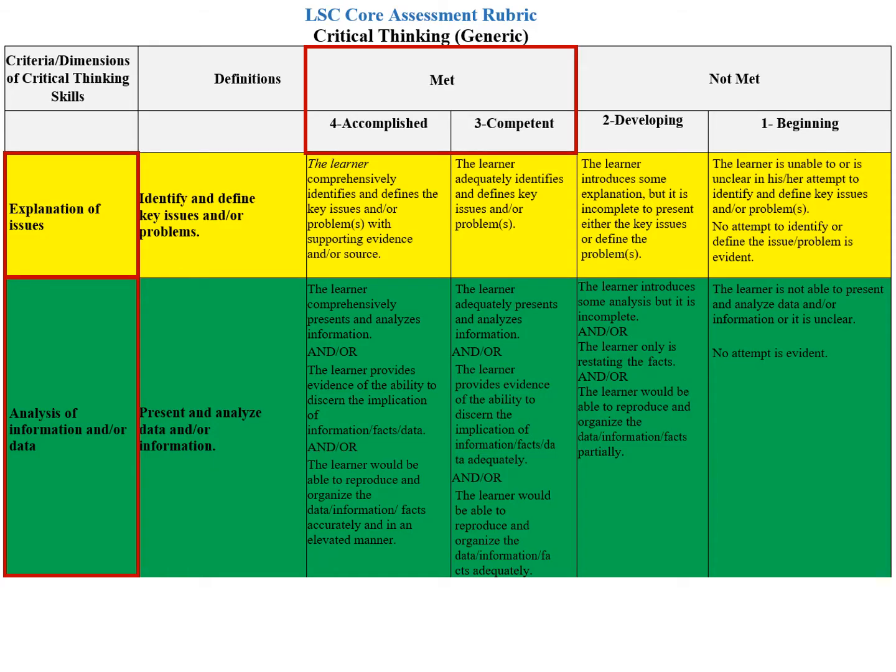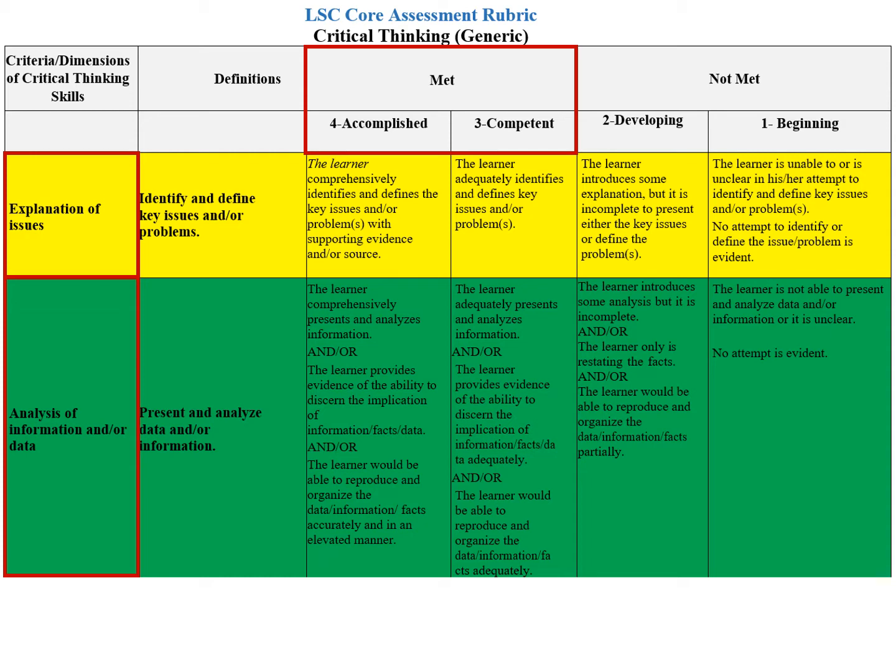This is page 1 of the core assessment rubric. Notice that it's color-coded to match the sections of your assignment. You will be graded on a 1 to 4 scale, where 4 is the highest, meaning accomplished, as shown in the middle of the screen here outlined in red. In order to earn a 4, you're going to need to make sure that you read each question carefully in each section of your assignment. Follow the directions and answer them accordingly. If you do that, there should be no reason why any of you do not earn a 4 on each